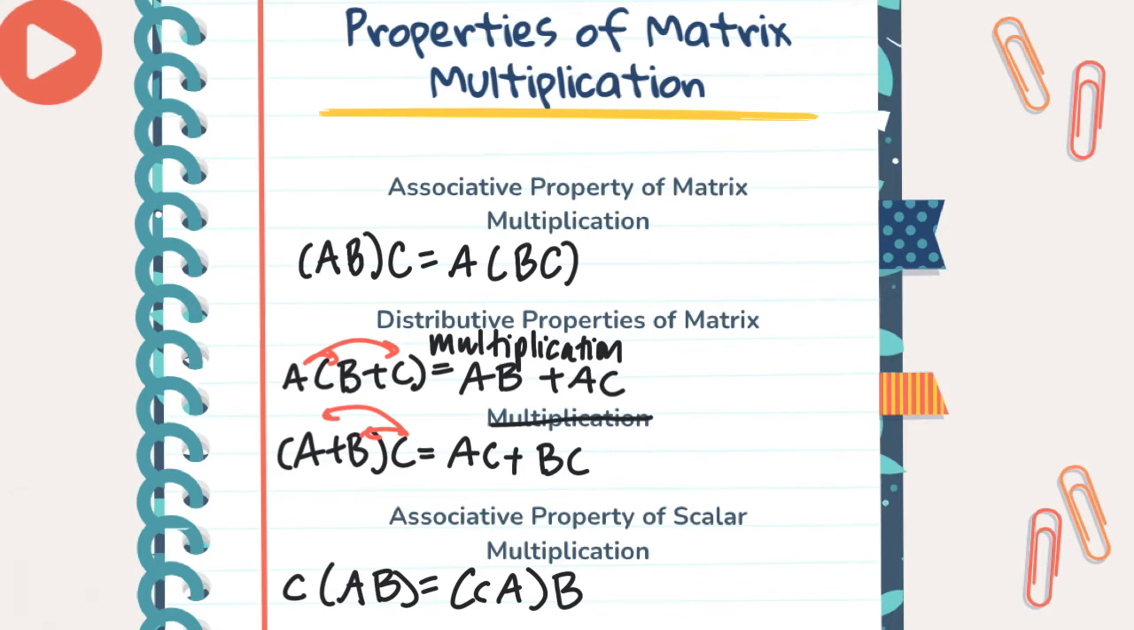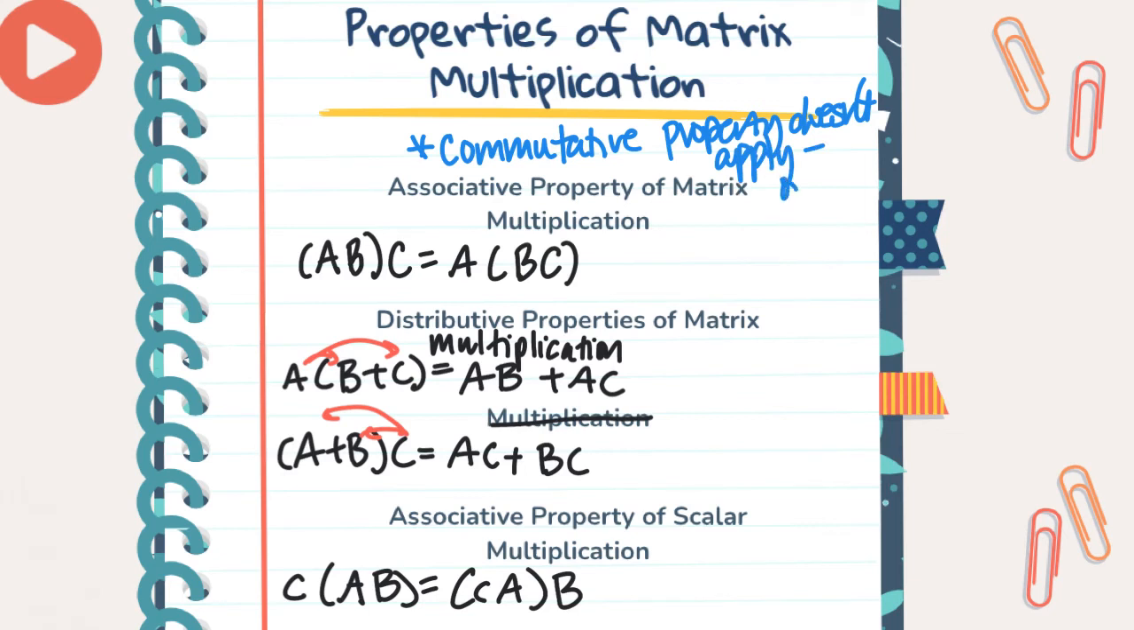Notice how there's no such thing as the commutative property of matrix multiplication. So the commutative property does not apply. Because order matters,